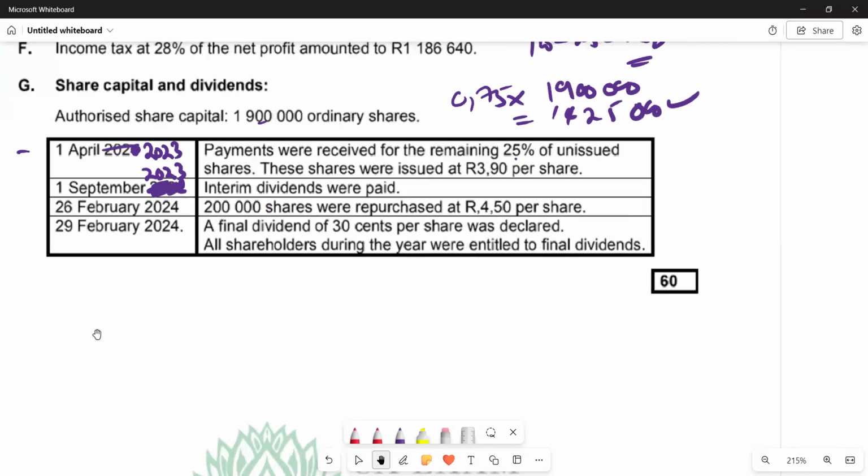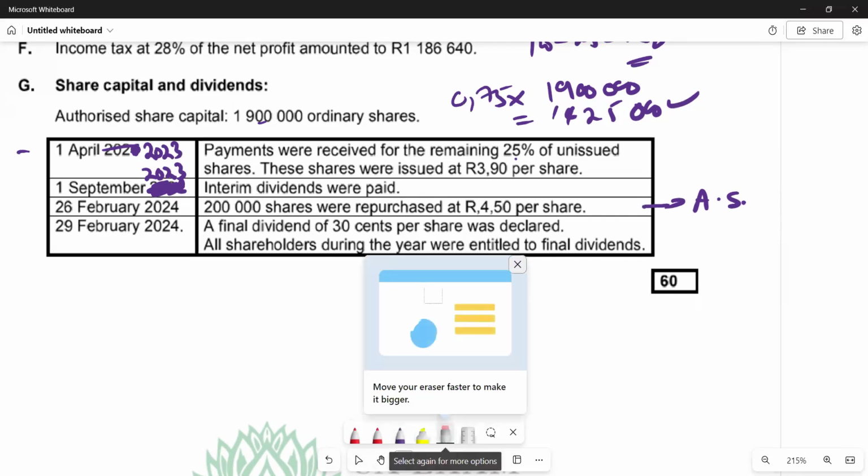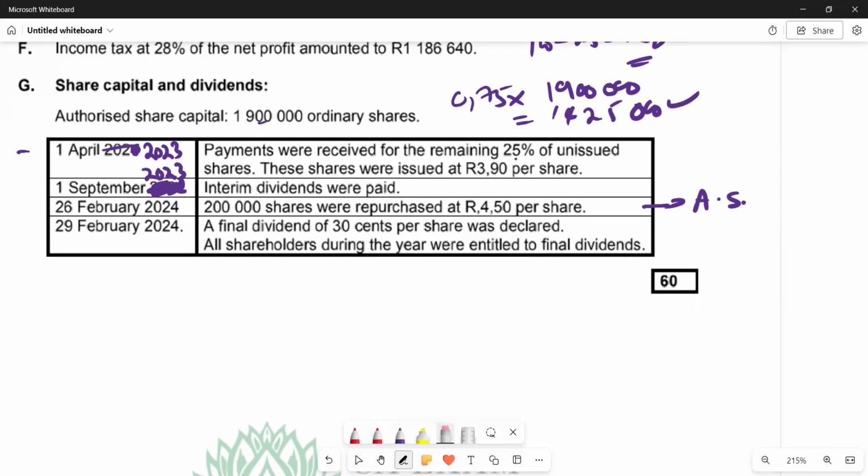We are now seeing that on 26 February 2024, 200,000 shares were repurchased at 4 Rand 50. So these shares that were repurchased, whenever we repurchase shares, we use the average share price. We can just indicate it as the average share price. Average share price, we are saying the total value